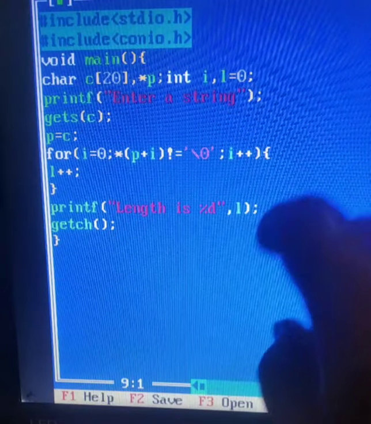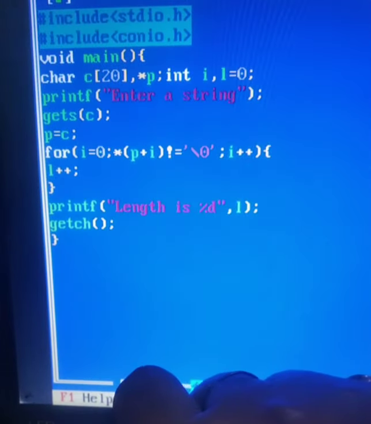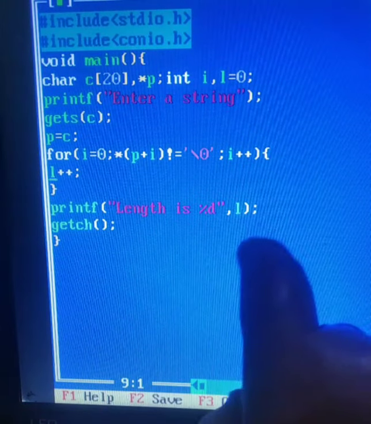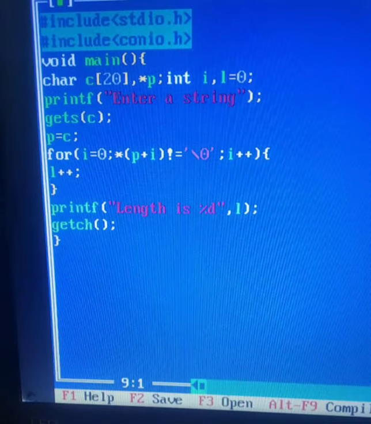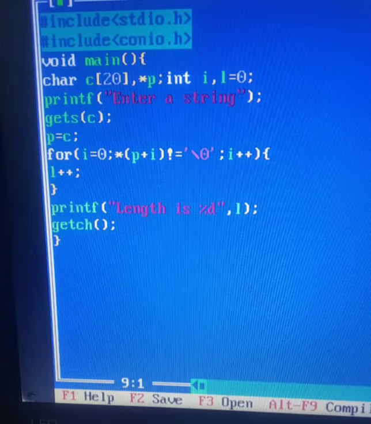With i++, i moves to the first position, p is still at 0 position, so 0 plus 1 is 1. With asterisk, it is going to pick up the value at 1 position and check whether it is a null character or not. If it is not, again it will come inside and increment the value of l.